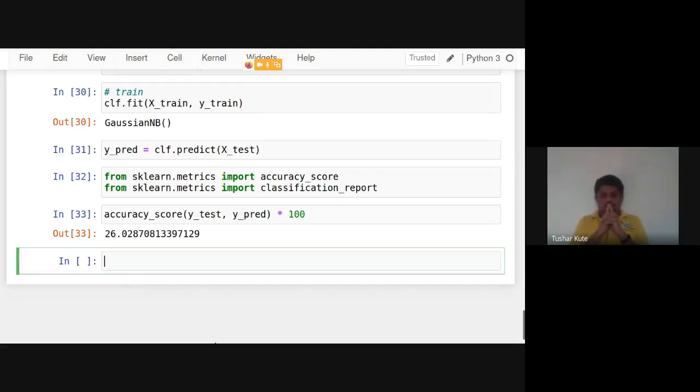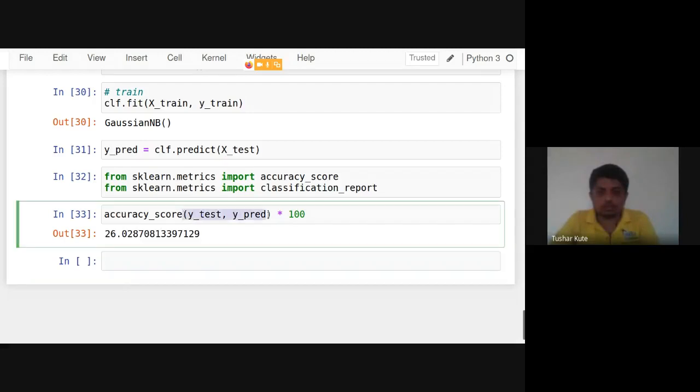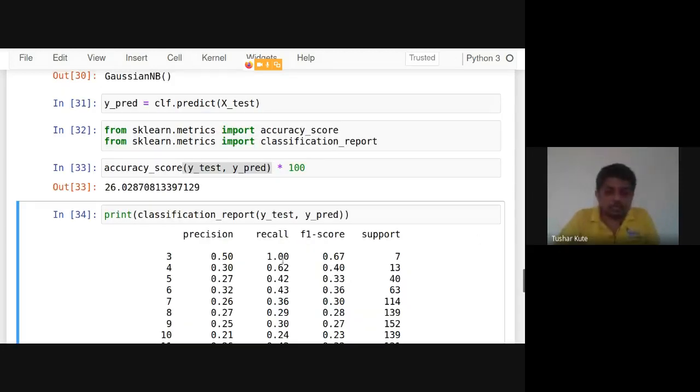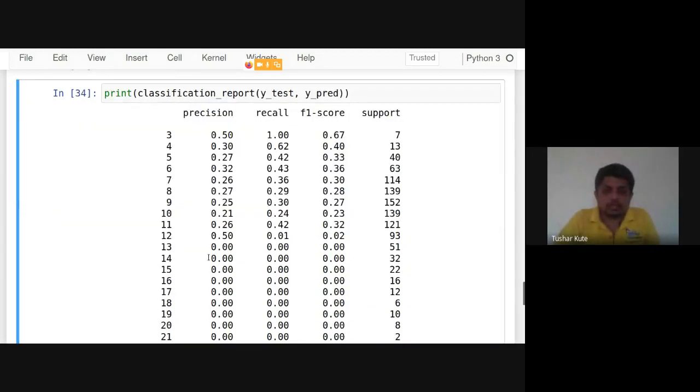Try this. Even if you want to see the classification report, see here the class numbers are given, 29 of them, and their counts are also mentioned.